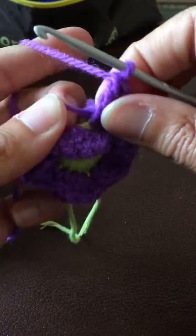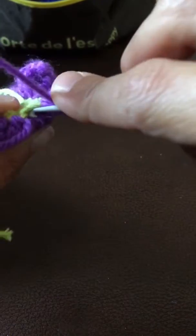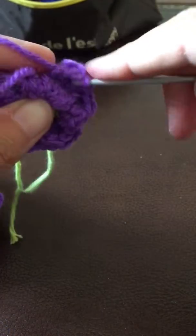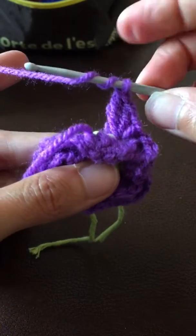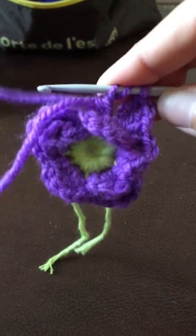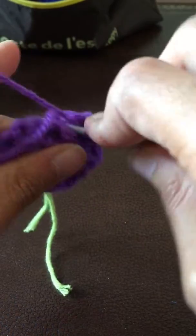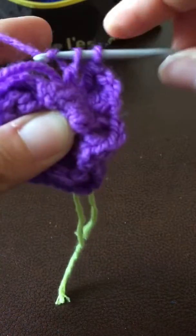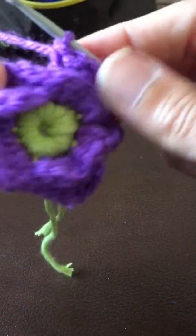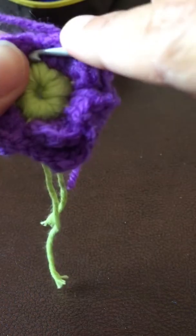Then you go to your next stitch and you're gonna do a treble crochet. Sorry, treble crochet. So you yarn over twice. You go into the next, you treble crochet, and you double crochet into the same stitch to form your back petal. There you have it. So now you can either go in here and close the petal